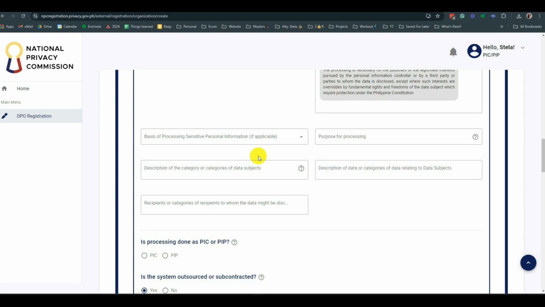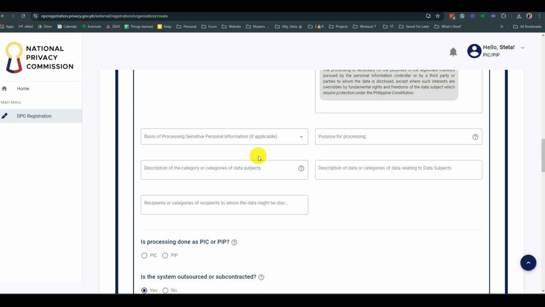SSS number. Driver's license, passport numbers, yung mga government-issued IDs and government-issued numbers, sensitive personal information po yan. Yung mga information na in-issue ng government natin, for example, yung PhilSys ID ninyo, sensitive personal